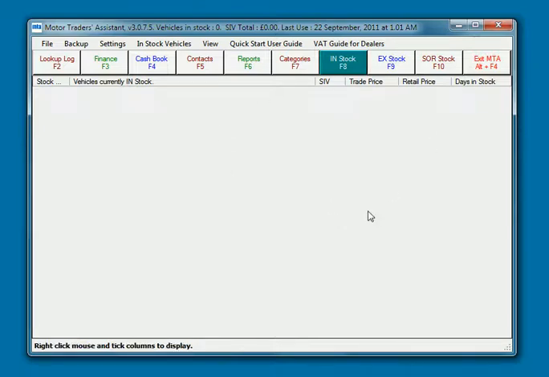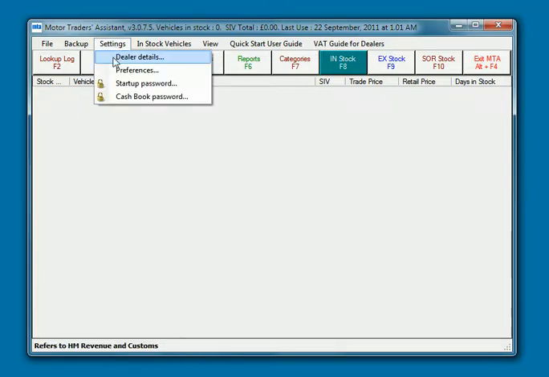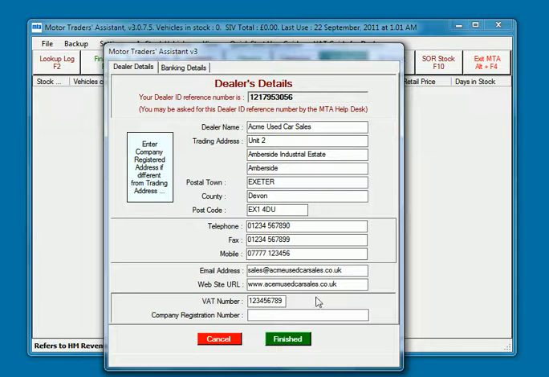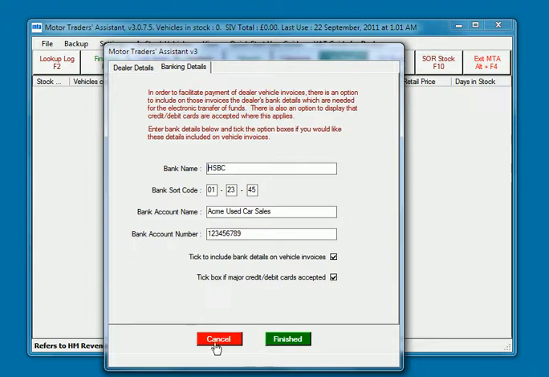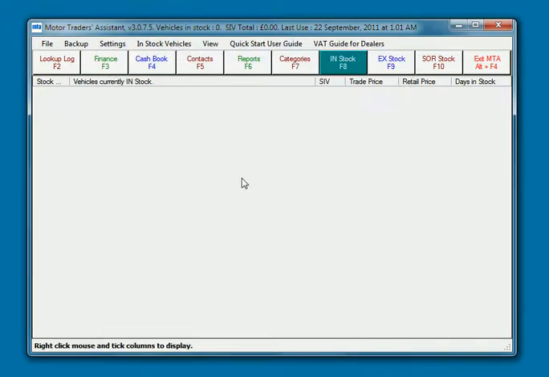this empty screen. That's after you've entered your dealer details. These are required for the invoices. You enter your details and your banking details if you want to, that's optional. And then after you've done that, you get this screen, which basically will be a list of your in-stock vehicles once you've started putting vehicles into stock, which is what we recommend you do when you first get the package,